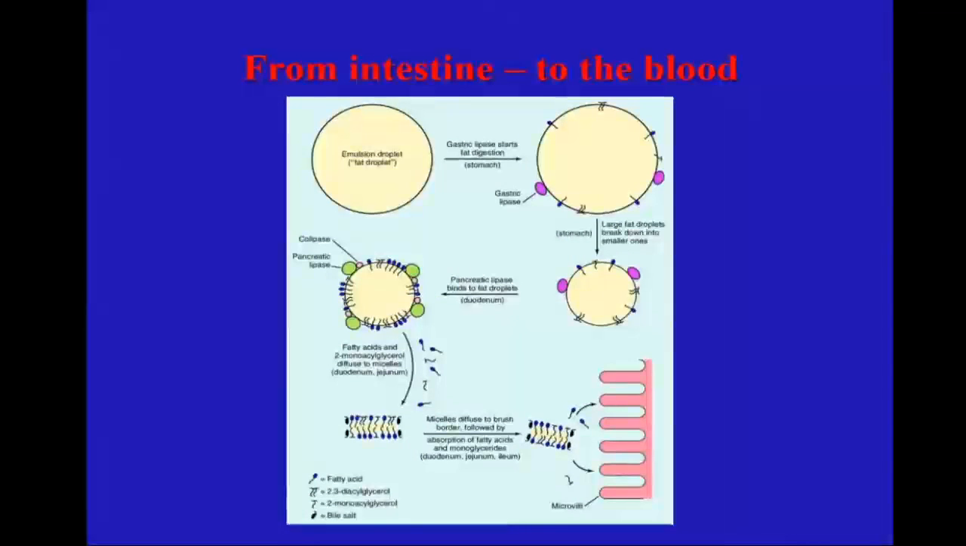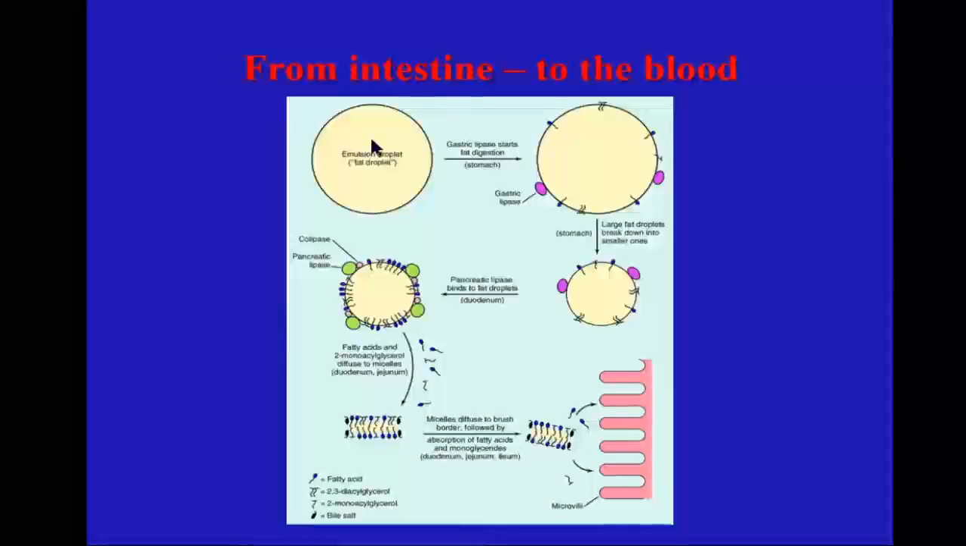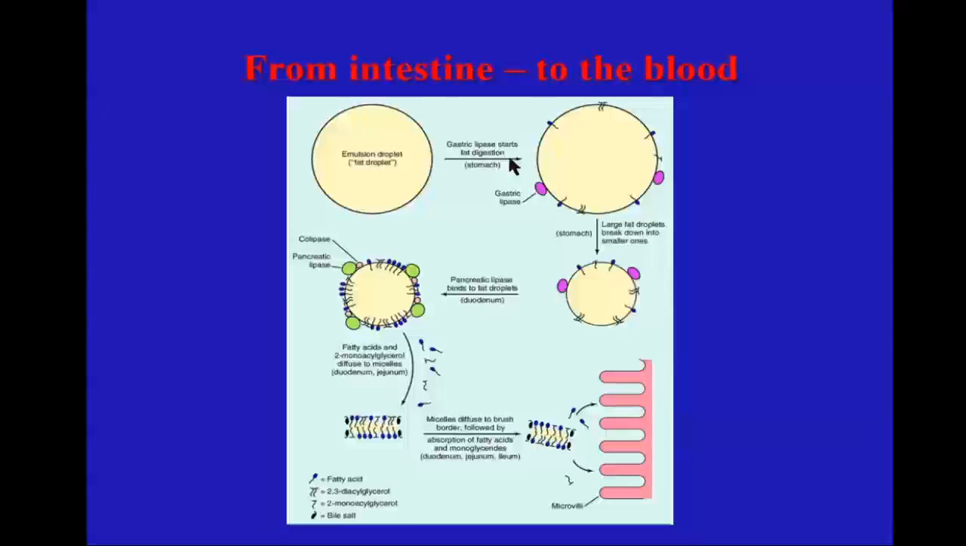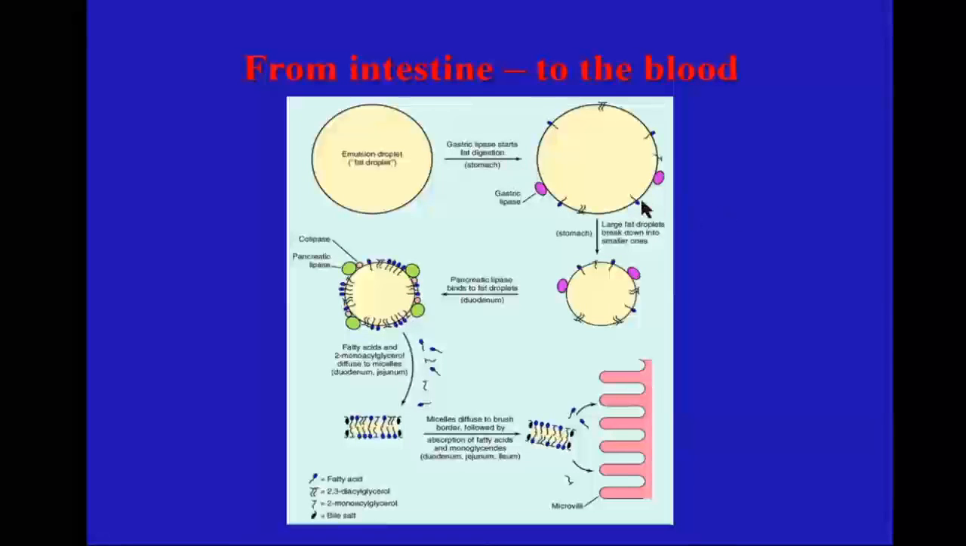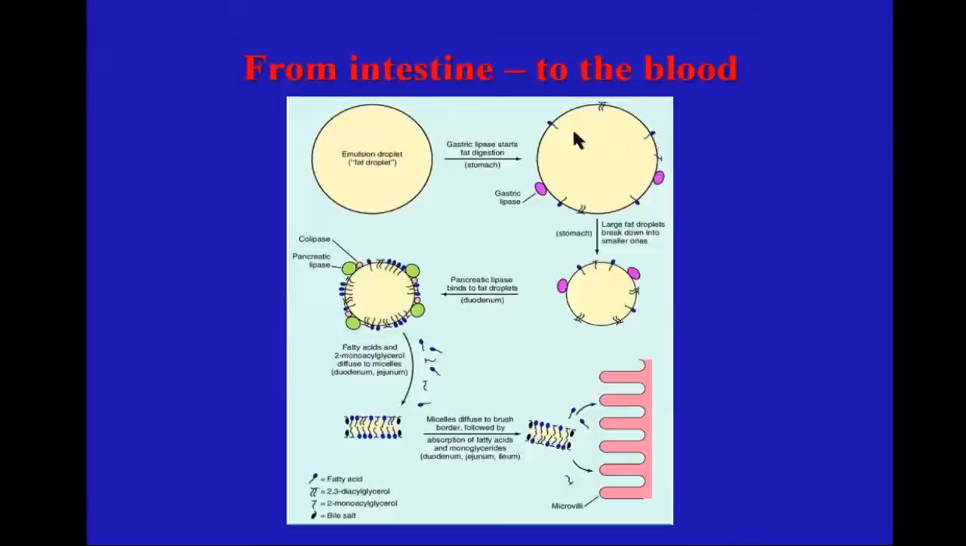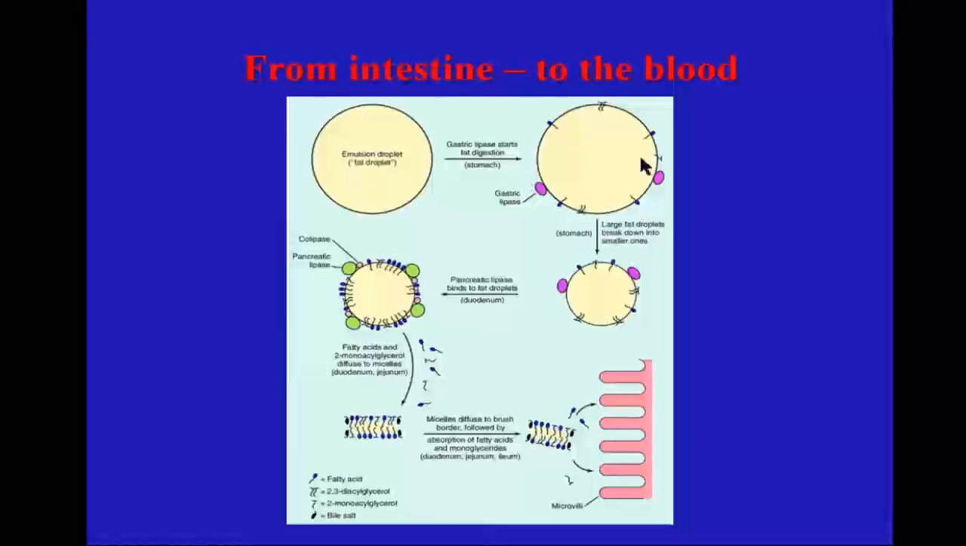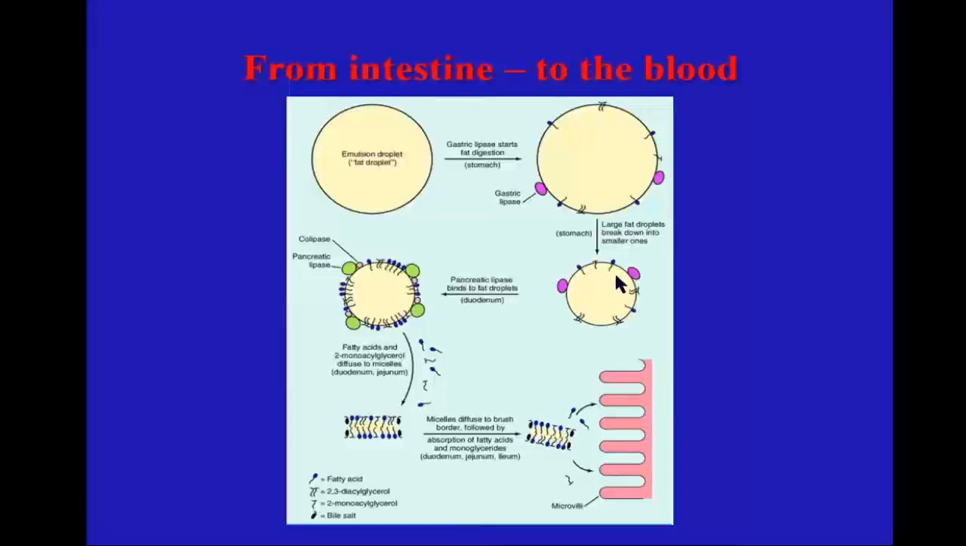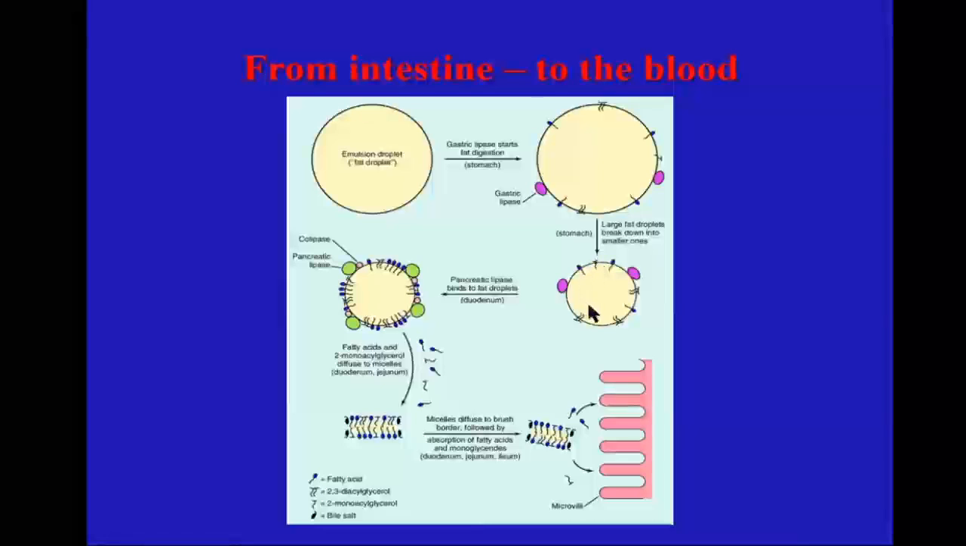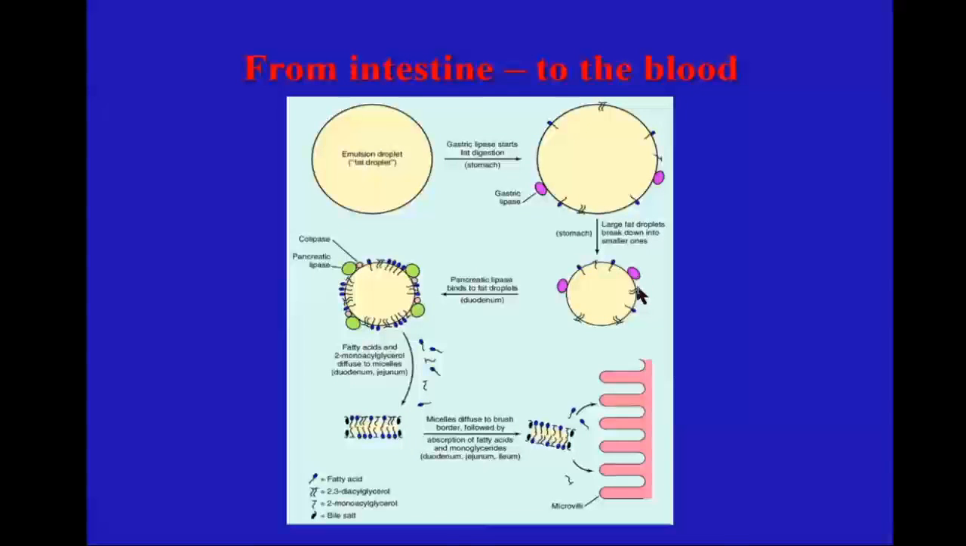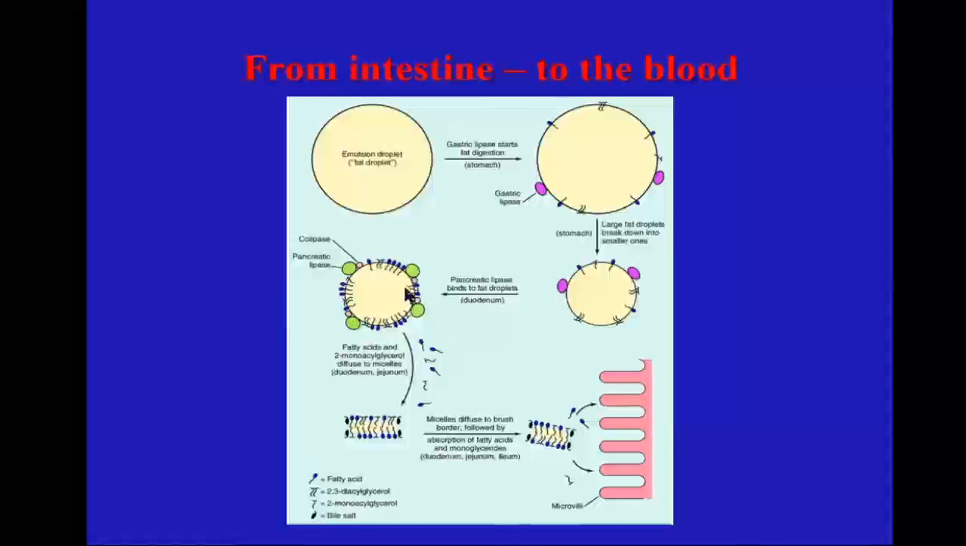Finally, starting from the big fat drops, with the help of gastric lipase, first free fatty acids are formed and help to stabilize this drop. Action of gastric lipase and mechanical emulsification can make these drops a little bit smaller, and when they come to the lumen of the duodenum, pancreatic lipase will bind with the colipase and bile salts to start digestion